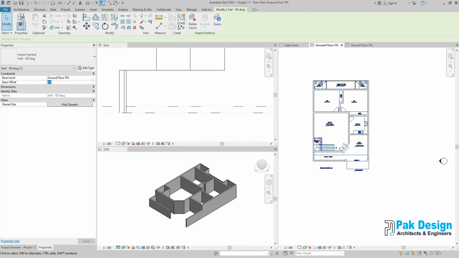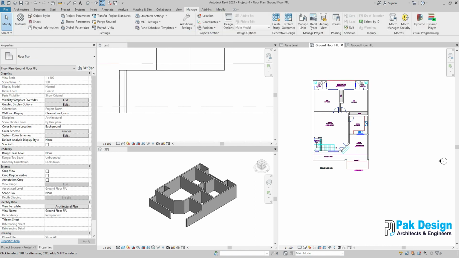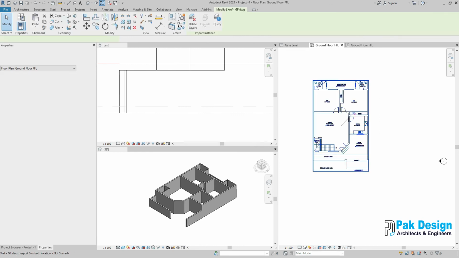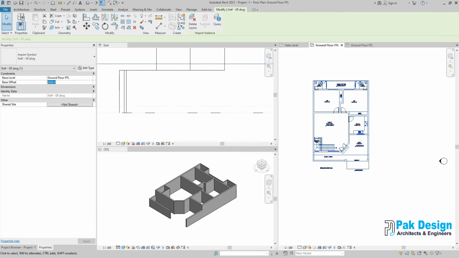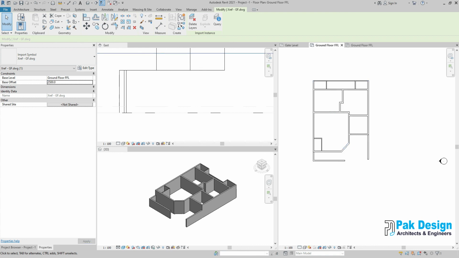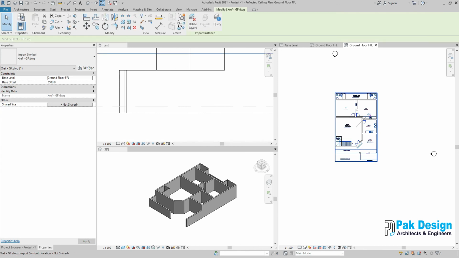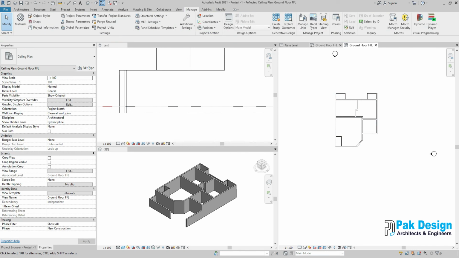You can keep like 1500, or I'll make 2000, or above 2500. Now it's gone from here, and you can see it in ceiling level. This is ceiling level. If you want to go back to the same, you can keep it 0. It came back in 0.